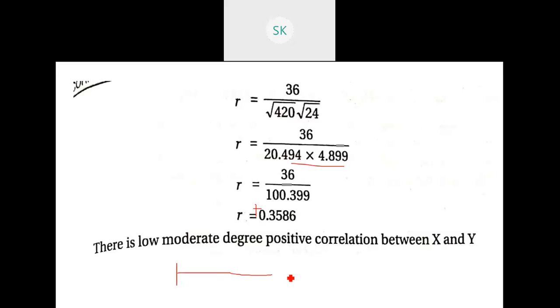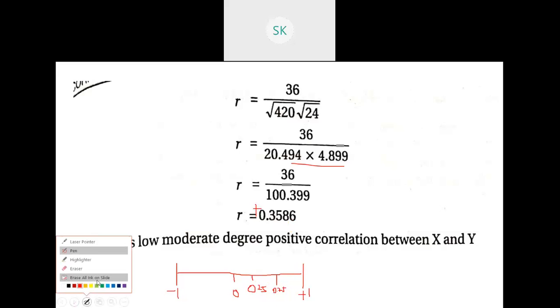Now let us put it on our usual correlation bandwidth. This will be +1 and this is going to be -1, and the central value is 0. Now the value 0.35 is given. How do we decide? First you write 0.25, next 0.75. Now check where you can plot this value. Can we say 0.35 is between 0.25 and 0.75? Because it's 35, it will come somewhere here, for example. Okay, 0.35.